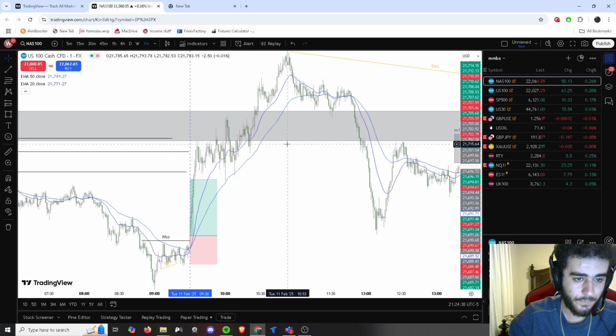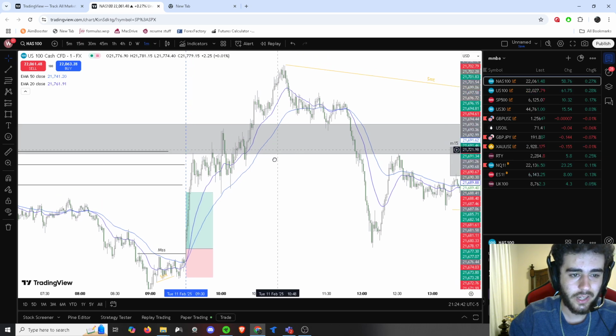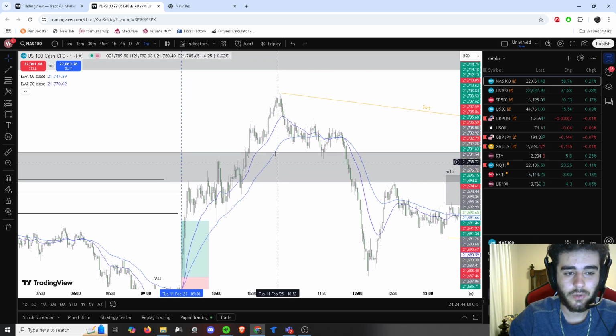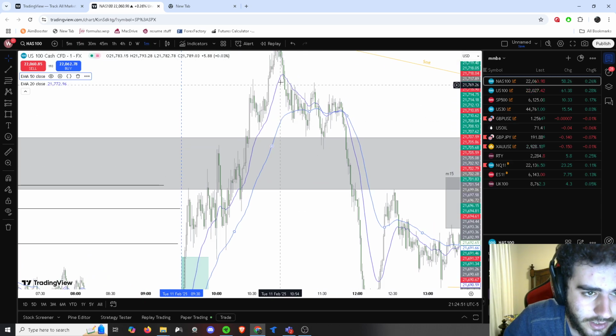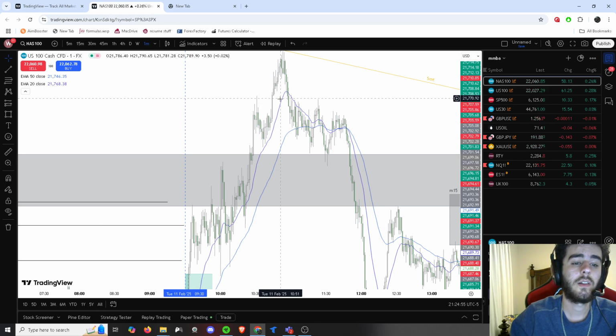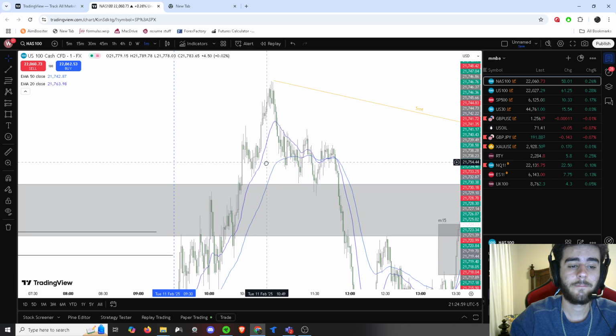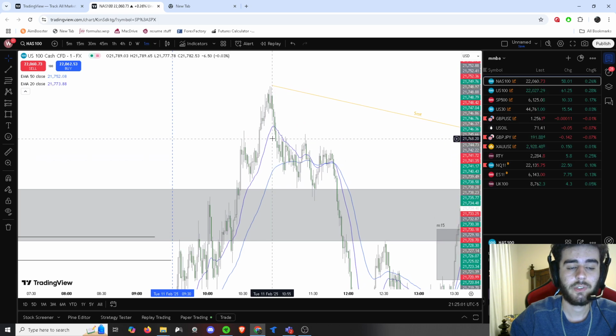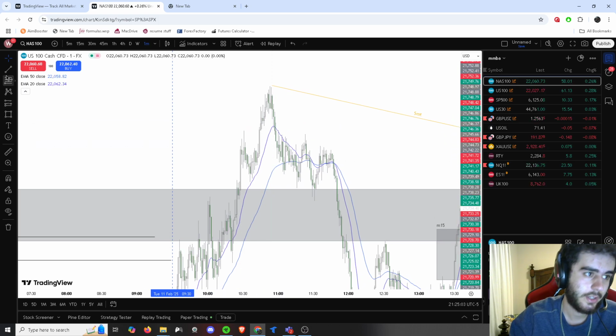So, we don't quite have a market structure shift anywhere. Again, no fair value, even when there is a small one. Anyway, here, market structure shift. Did you catch this? Right. Lower low, lower high, higher high, higher low, lower high, and then crashed right here. No entry still, no fair value gap.